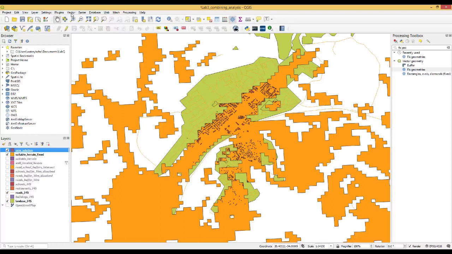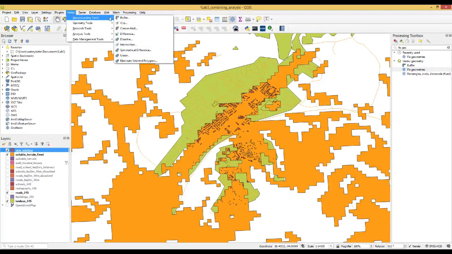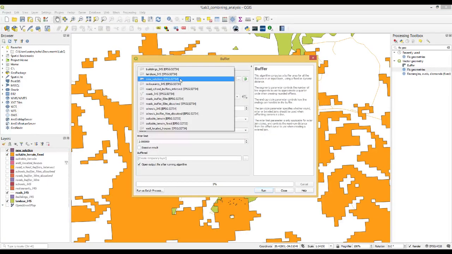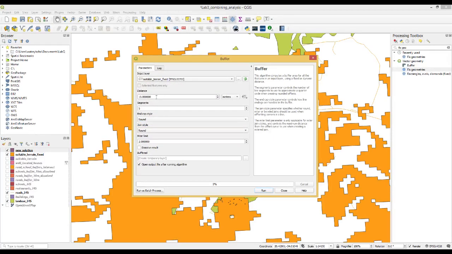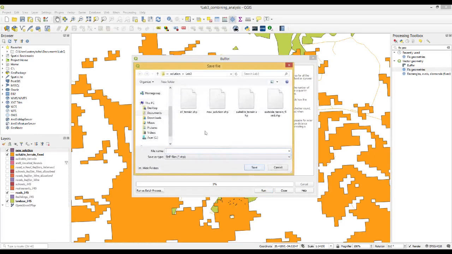In this case, I will use the vector geoprocessing tool with the buffer. In this box, I will firstly select this shootable terrain fixed one, and then I will adjust the distance as minus 100 meters. And then how about segments with 10? After that, I will save this newly created buffered file with the shape file as shootable terrain fixed